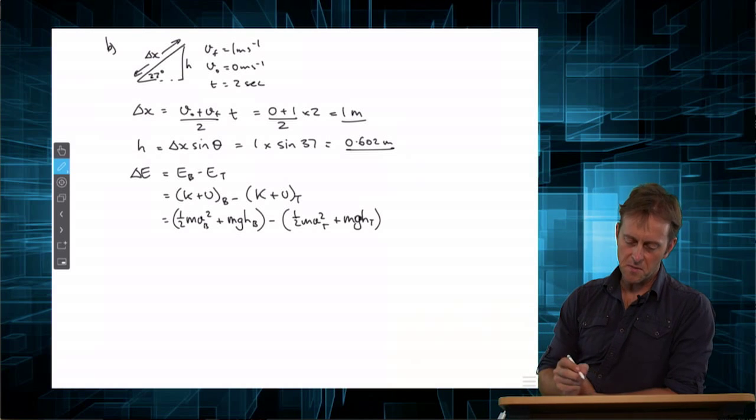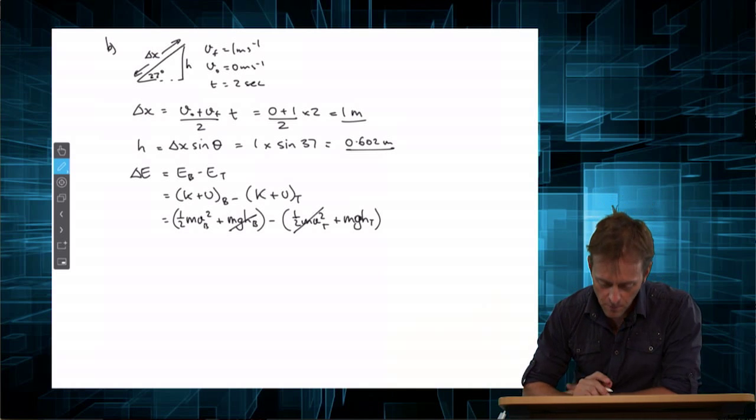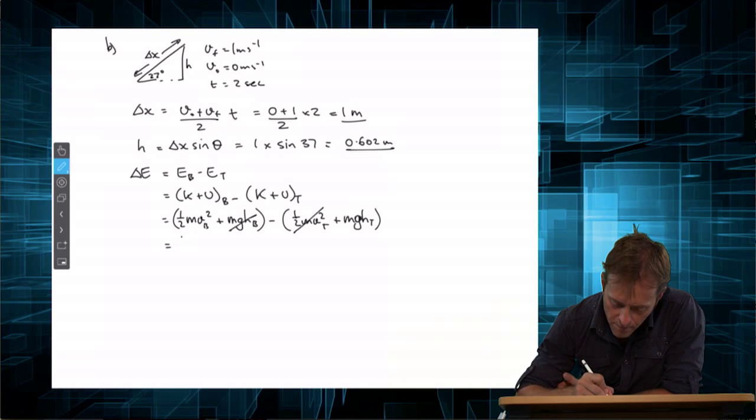So some things are going to disappear here. The gravitational potential energy at the bottom is 0, so that goes away. And the kinetic energy at the top is also 0, so that goes away. And we're left with half m v_b squared